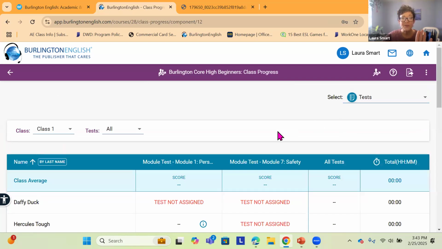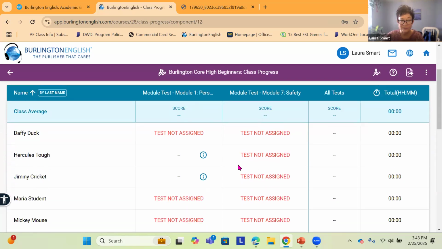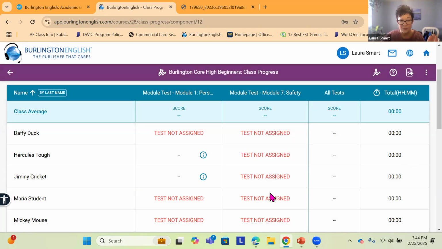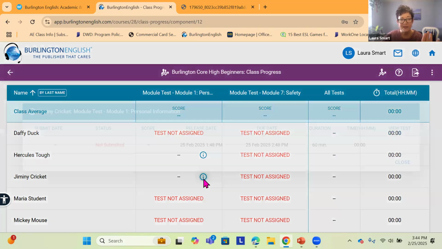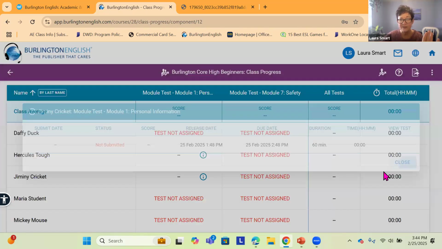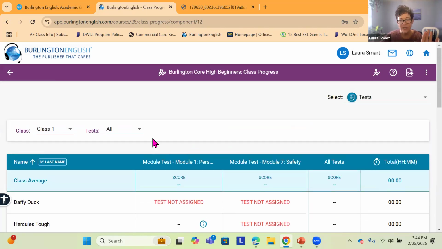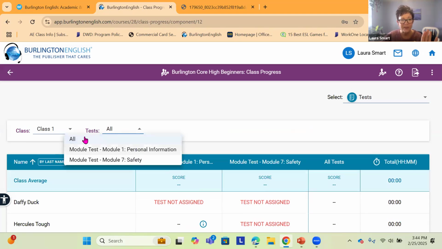Okay. And so here, this is where you are going to see the module test that he took. Okay. So like right here, Hercules, this little I, it shows that he took the test. You click on that and it shows here, okay, he has not taken that test yet. Okay. So once he takes that test, you'll be able to see the score. But let's see here if Jiminy has not taken his yet either. I thought I had one that was already assigned. Thought I did. I wanted to show everybody what,